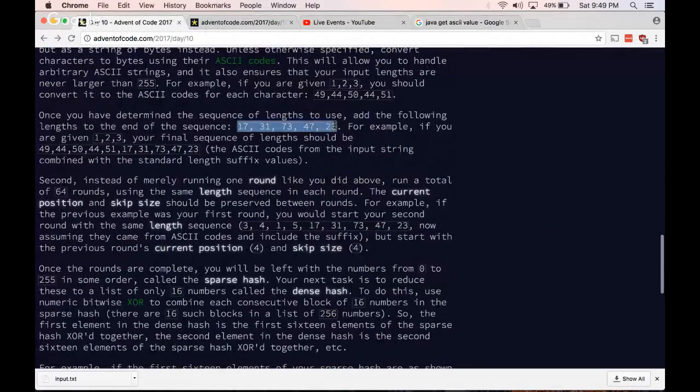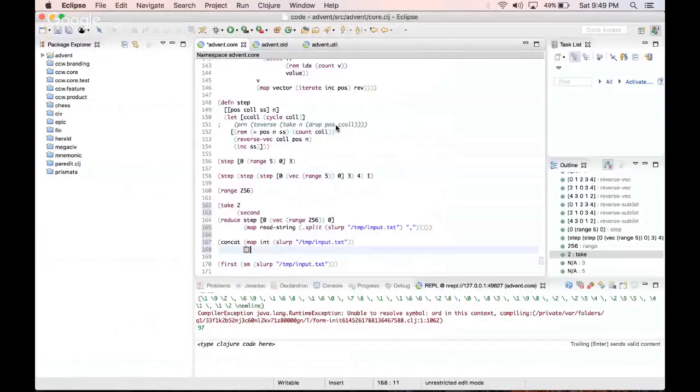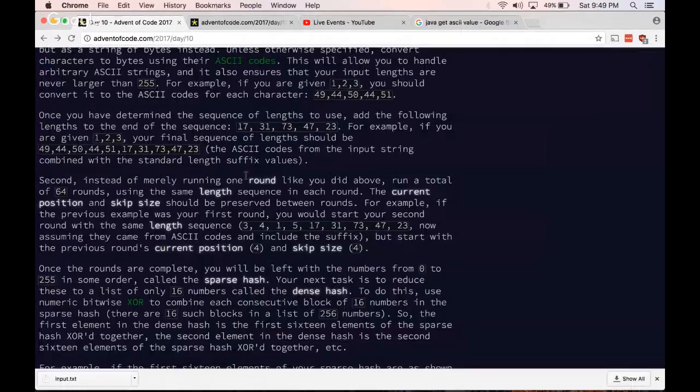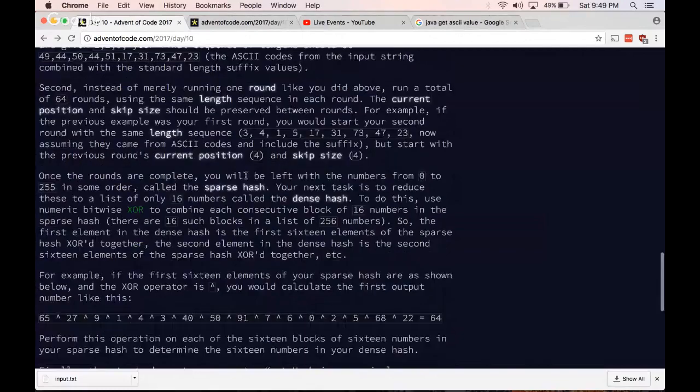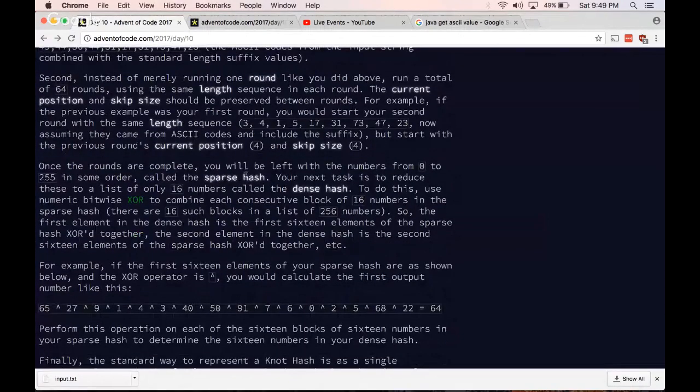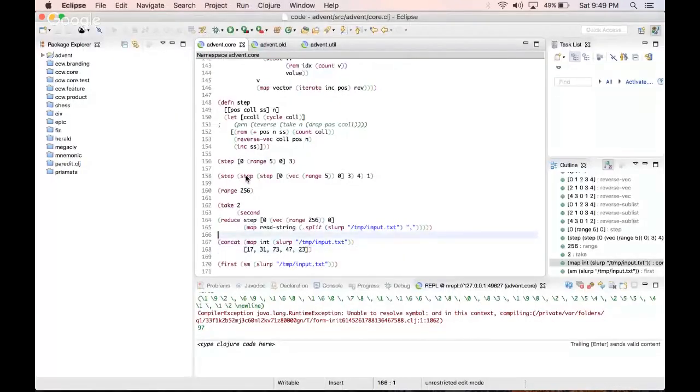I'd say that I have to add. Okay. Let's see, second, instead of merely running one round, run a total of 64 rounds using the same length sequence in each round. Once the rounds are complete, you will be left with the numbers from 0 to 255, something called the sparse hash. Okay, so I think that basically,